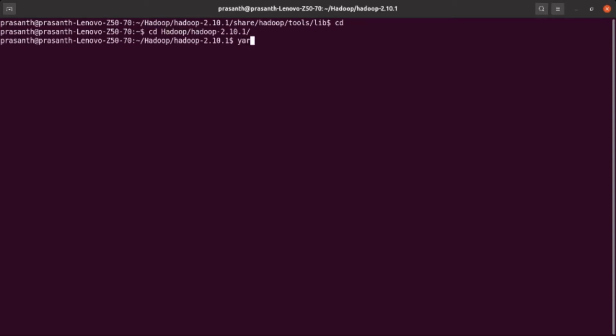To execute: bin/yarn jar, then the jar file in share/hadoop/tools/lib, hadoop-streaming-2.10.1.jar. So we have located the jar file and given its location.